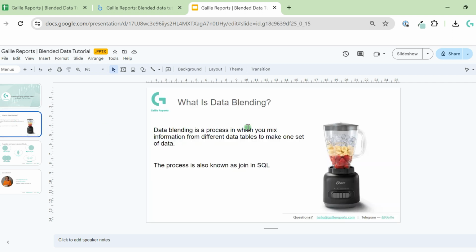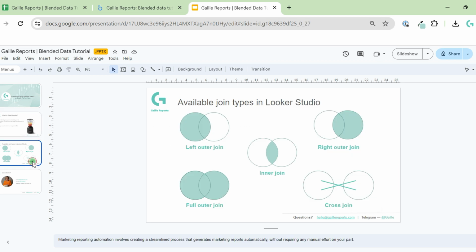So, what is data blending? Data blending is a mixture of two or more data sources when you create one big common data set. The same process is also known as a join in SQL. In Looker Studio, we have 5 options for how you can join data. We have left outer join, right outer join, inner join, full outer join, my favorite one for data visualization, and